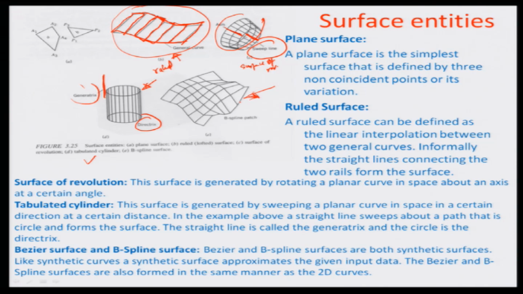If you look at the various surface entities based on whether they are regular or irregular, you can have all these different kinds of representations, from a plane surface to a ruled surface to a surface of revolution to a tabulated cylinder to a B-spline surface, to represent such geometries. Most complex is obviously this patch here, which we call a Bezier patch or a B-spline patch or a Hermite cubic spline patch, and I am going to look into how to generate that patch in the next module. So, with this I would like to end the module here,